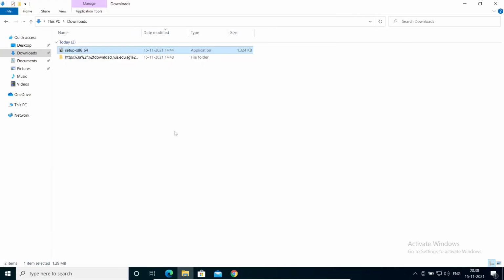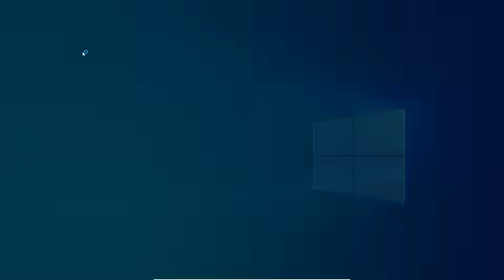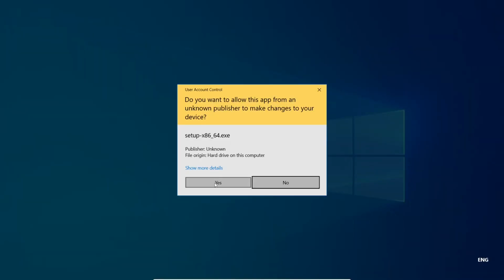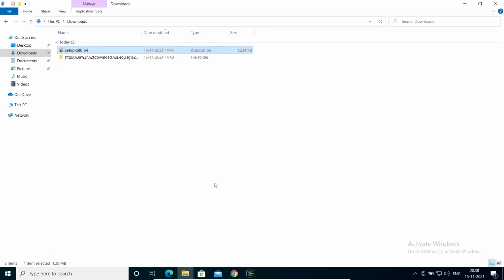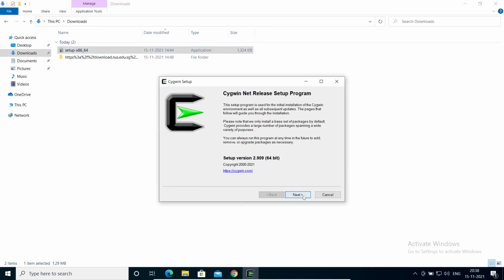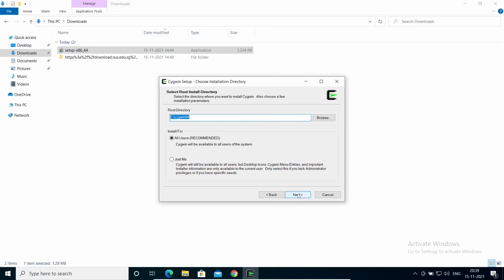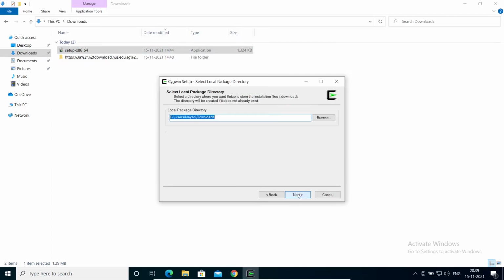One more thing that I would like to show is that tesseract is already available as a library, as a package in Cygwin. Let me show that to you. For that, I need to re-execute the Cygwin installation file, the exe. Please make a note that whenever you want to install any library or package in Cygwin, you need to re-execute its installation exe file, and there is no other way through which you can install any other library or package.